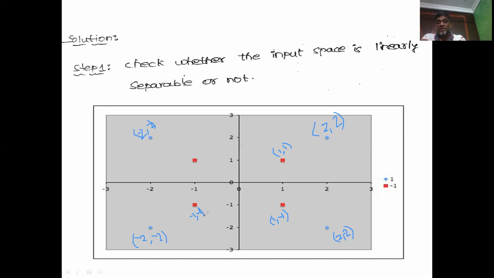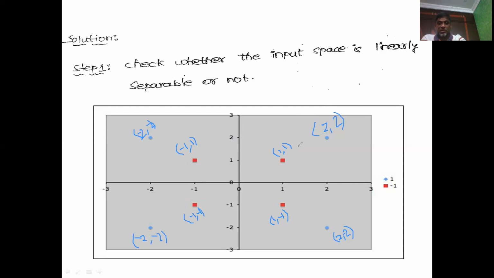Okay, so it is given like that. There is nothing like -1 comma -1 belongs to negative, but it is given like that. It belongs to the negative class is given in our problem scenario, right? So the last point is -1 comma 1. Okay, so these are the points given, and I represented all these positive labels and negative labels in the input space. Now, can you draw a straight line to separate these positive labels and negative labels?